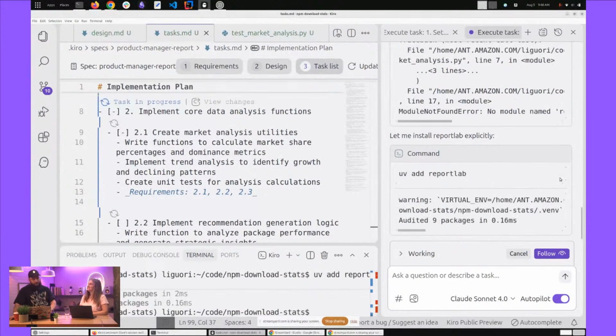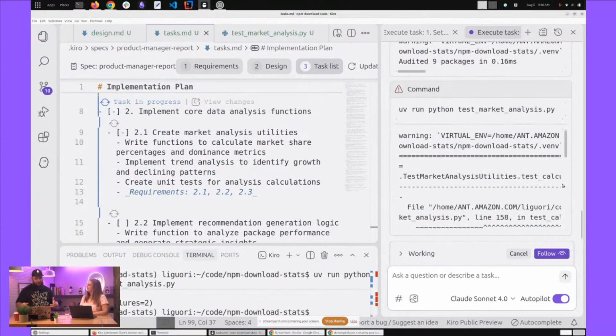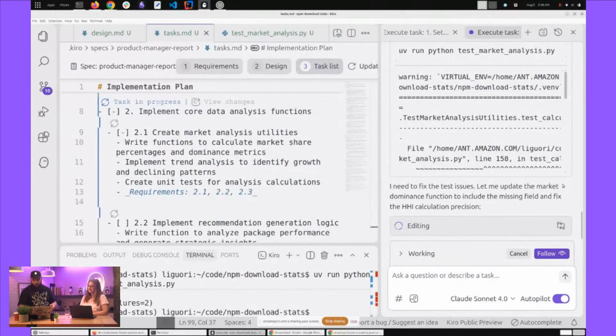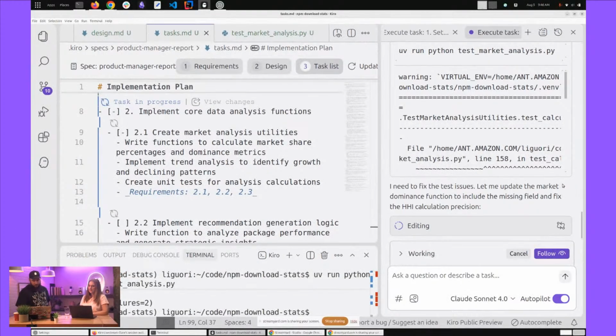But a lot of good comments here from people about the voice to code. Sometimes they feel like they could express themselves more, and I agree. Yeah. And you can also refine it with typing, but especially the stream of consciousness. One of the great things about AI today is that it can help clean up your stream of consciousness.